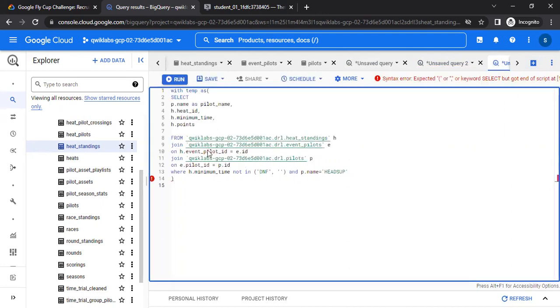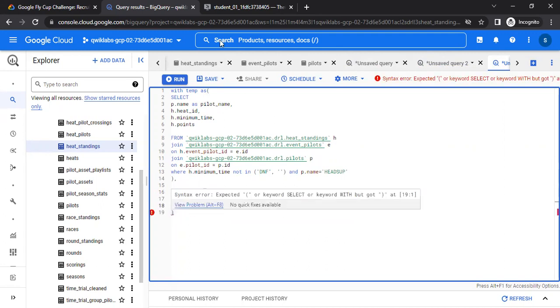Let's paste that here. Put a comma, create another CTE. I'm going to call this running as open parenthesis, closing parenthesis,